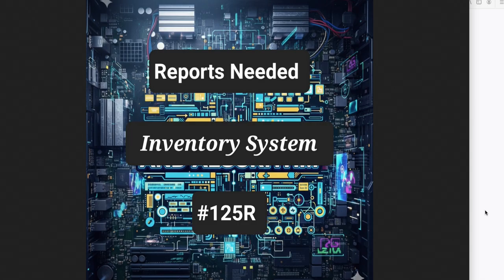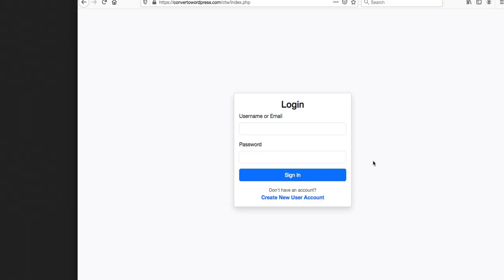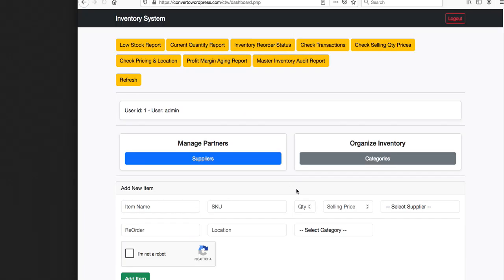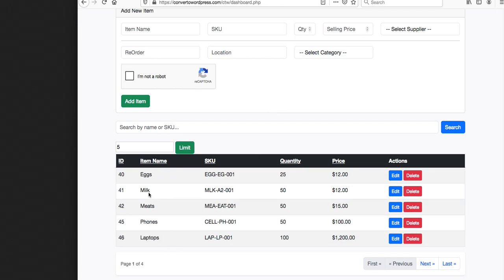If you go here to the system itself, remember we use this one. Okay, here it goes. This is the reports I was talking about. The first time this report gets created, all I did was use the anchor element. And I'll show you in a second. I'm going to open up the dashboard. This is the dashboard. I should add more stuff to this,